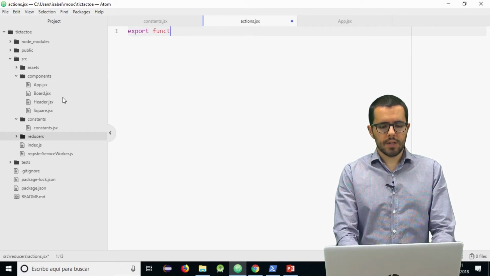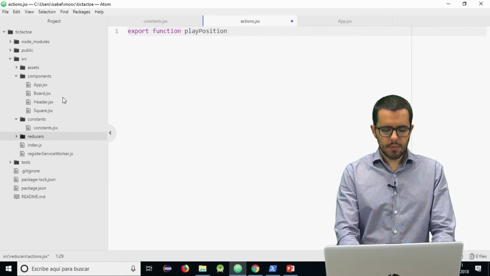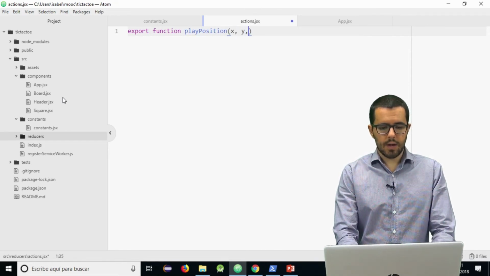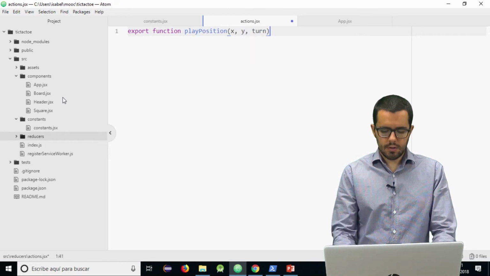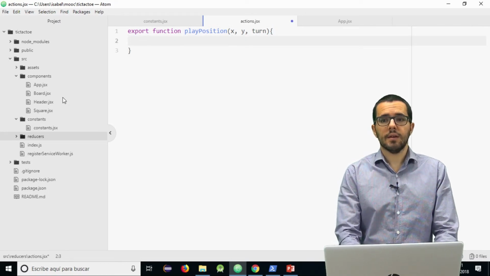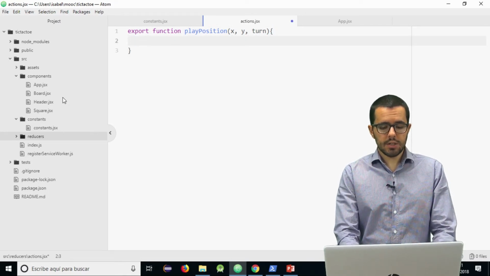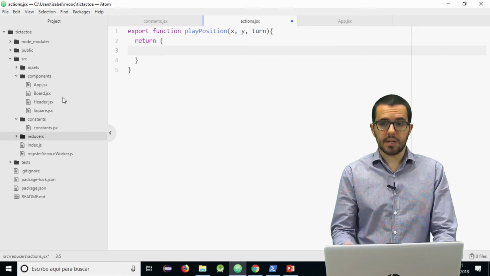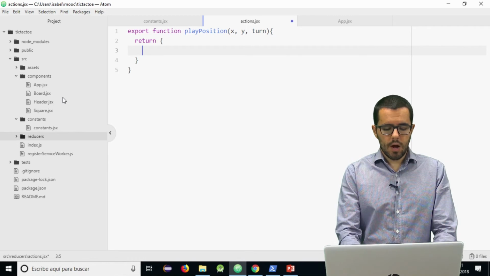So export function playPosition. I need X and Y and the turn. That is the information that I need to perform any change, and I'm going to return an action that is a JavaScript object, as you can see here. How is the action?